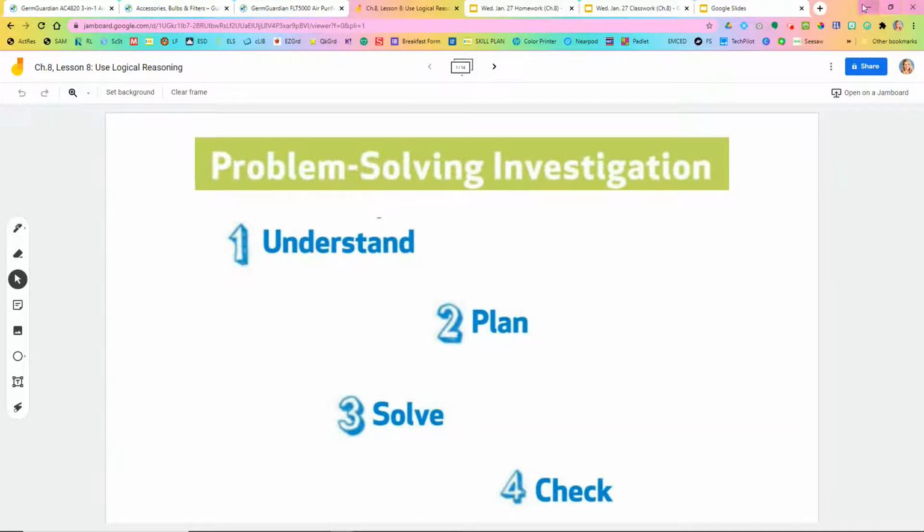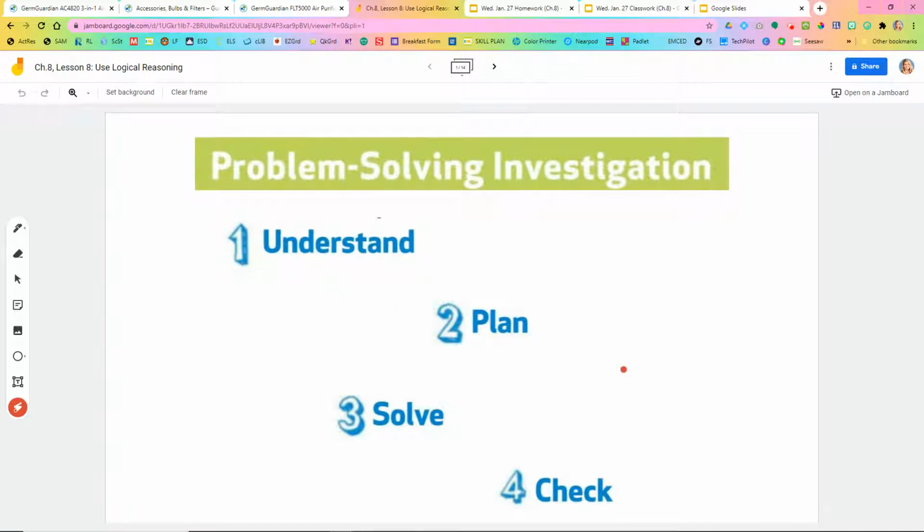But we've talked about this problem solving investigation before. We've talked about how anytime that we problem solve in math, there are these four steps that we do. So the first step is we understand the problem, which might mean, of course, we got to read it, but it may mean that we need to underline and circle to fully understand what we're reading. We may need to grab some scratch paper and write down some of our facts. But we've got to understand what's going on in the problem before we can move to step two, which is